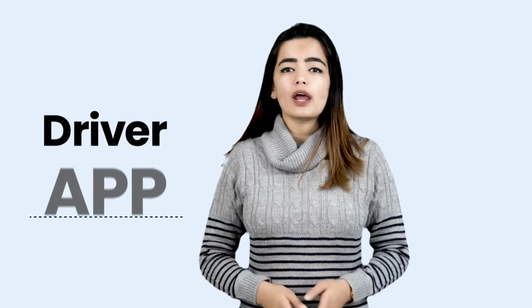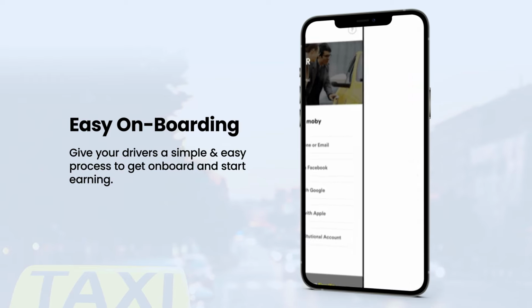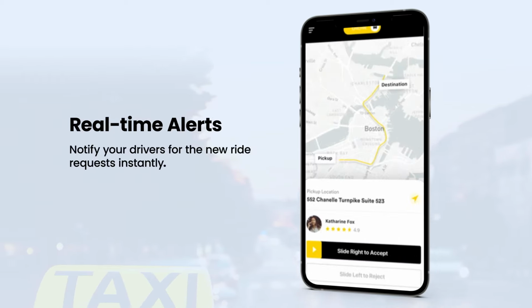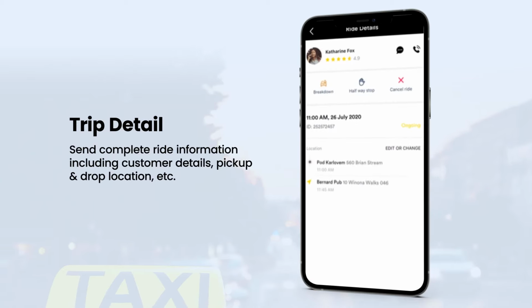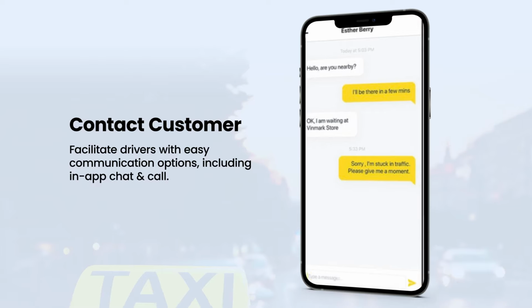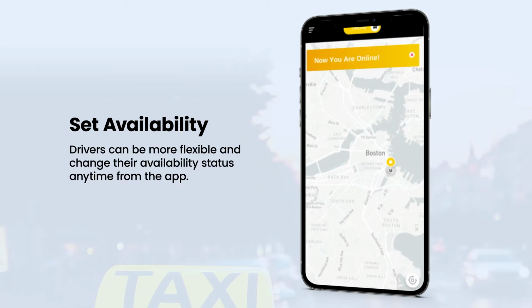Now, let us talk about the driver app. This is where you have to provide your delivery fleet with features like admin panel from where you can